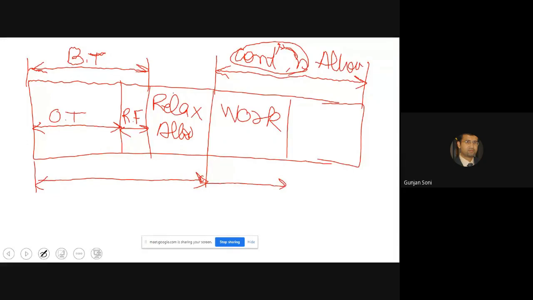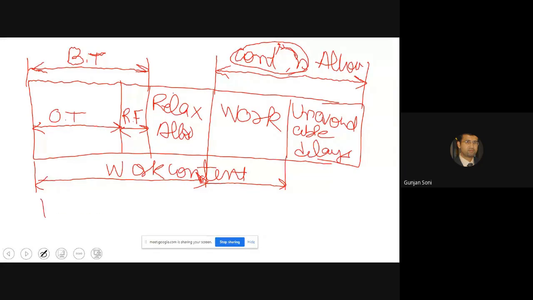So contingency allowance could be because of your work or because of unavoidable delays. So this is your work content. And this is your standard time.